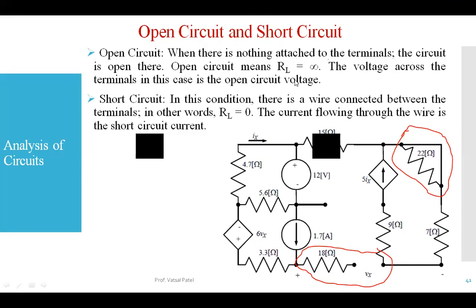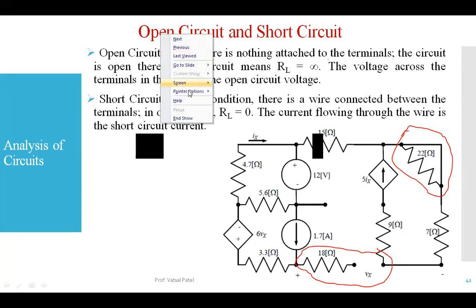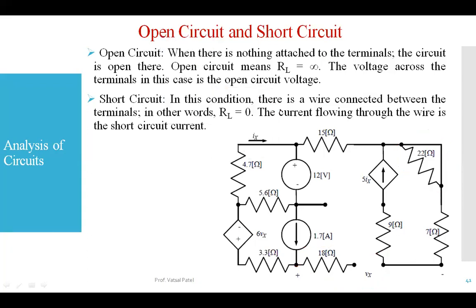See, the short circuit case, what is it actually indicating? There is a wire connected between the terminals, which has the lowest resistance value, or comparatively, you can say, the zero value. So you can see over here, across this 22 ohm resistance on the top right hand side corner, what do you understand from this terminal? This line is representing the wire, right? It is connected across that 22 ohm resistance.